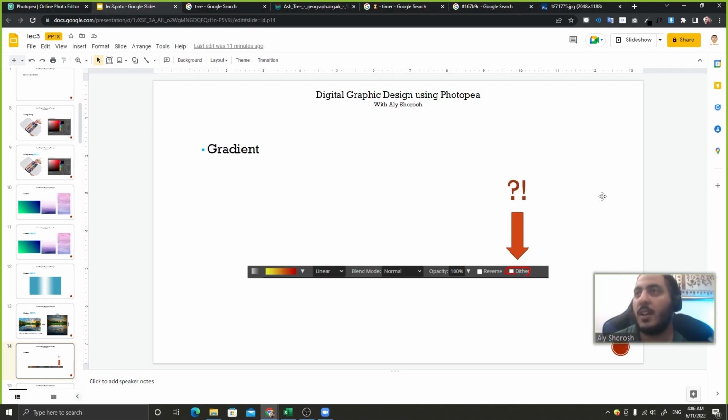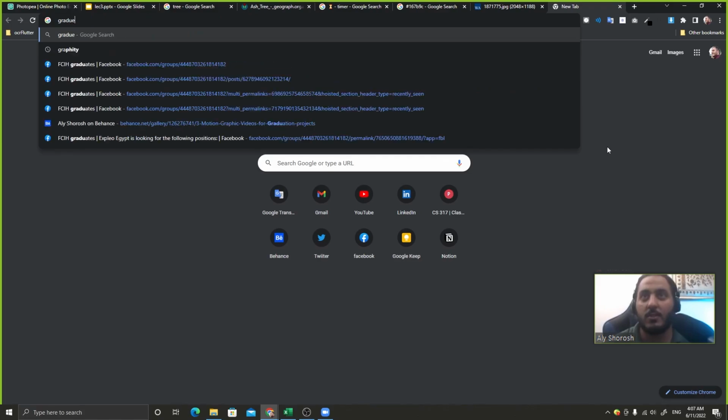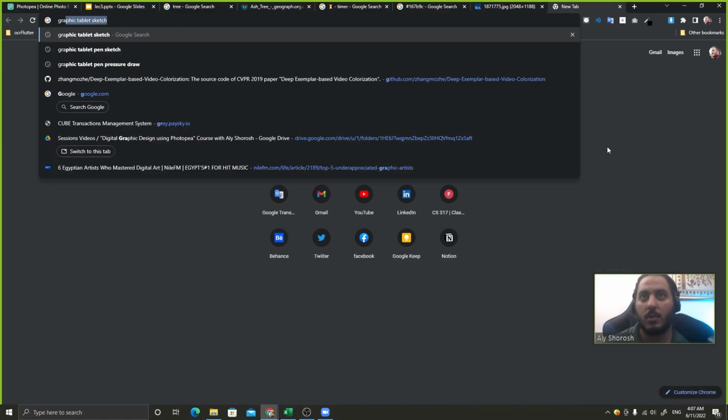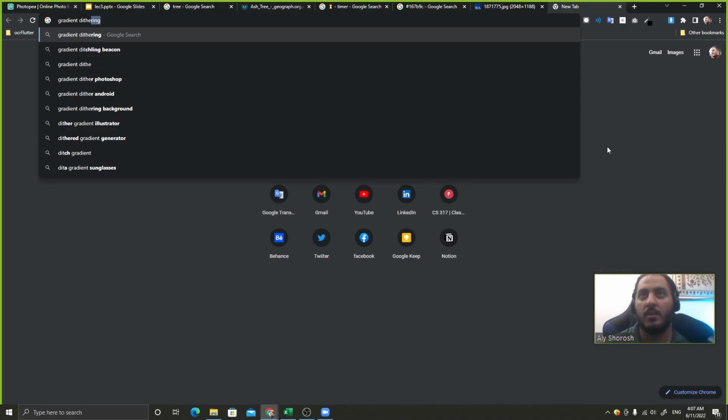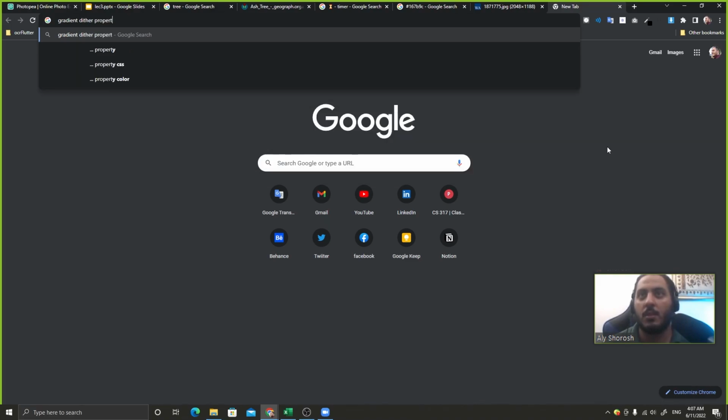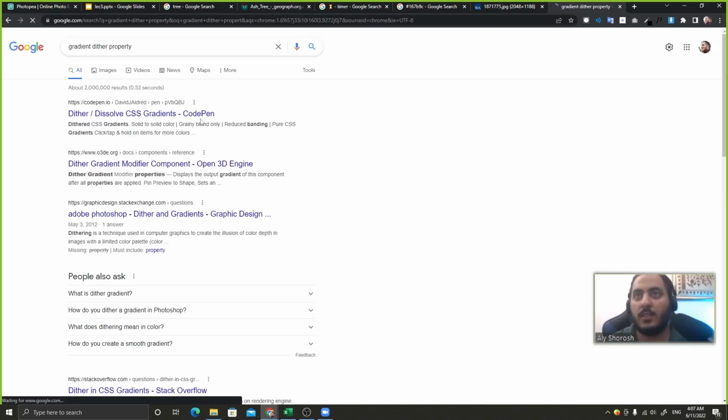property? I actually wasn't remembering it, so when I Googled it and found it, okay, I knew it, that this is making the gradient smoother or not. But what I wanted to show you is that I forgot what this is making. So it is very easy when you forget anything to search about it. So click gradient, and dither property, and